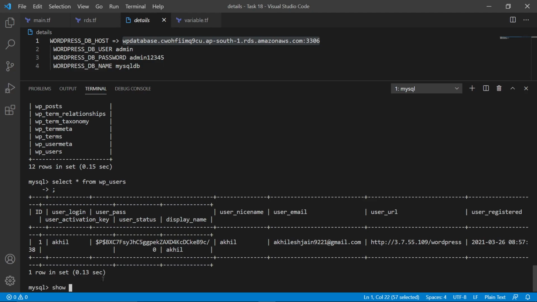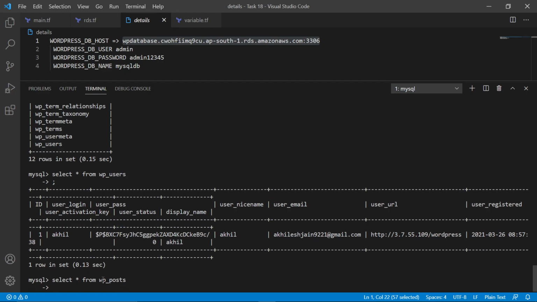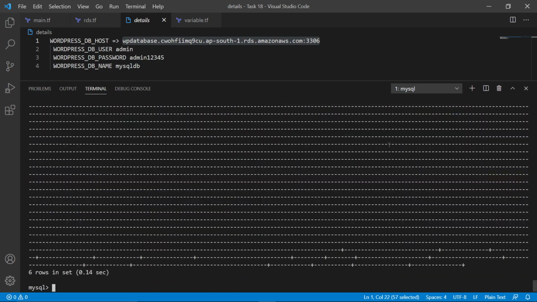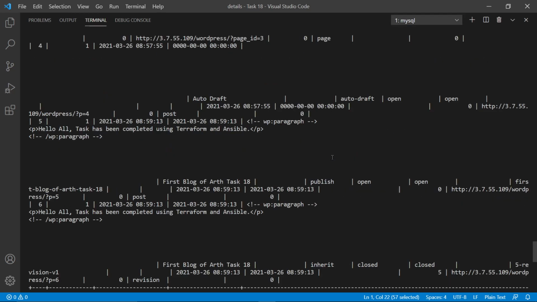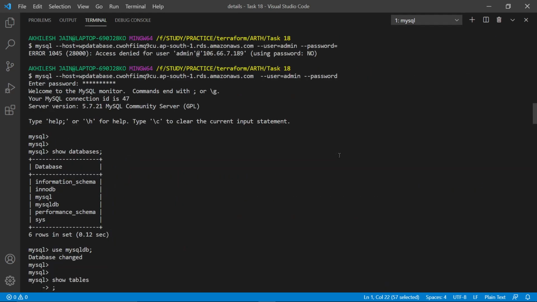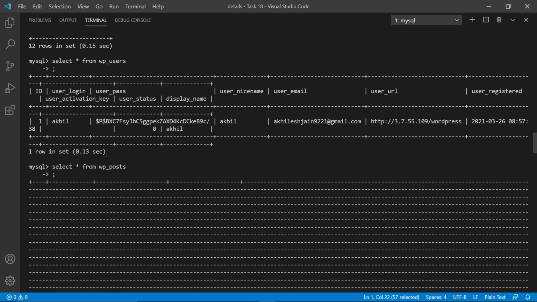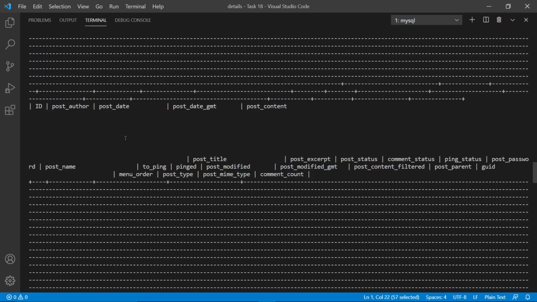Now we can see whether our post is there or not. So select star from wp_posts. So this is a huge list. We have to actually extract some data from here.